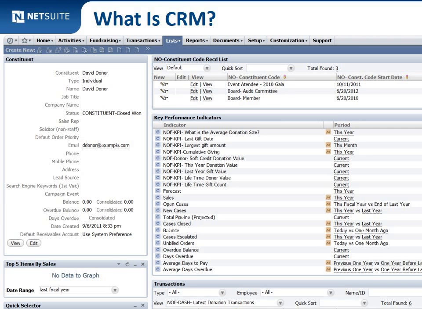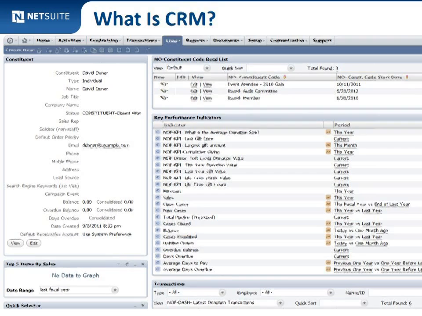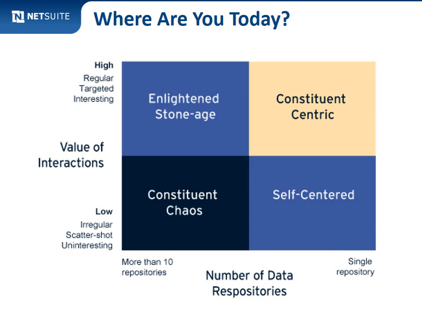And usually in those sophisticated systems, you have one dashboard to tell you all the things that are going on with that donor, all the interactions across the organization, all the interactions with the client, whatever it happens to be. So that's the spectrum from simple to complex. And then you have to ask yourself, where's my organization in that spectrum? I like this little chart because it gives you a nice way of evaluating yourself.